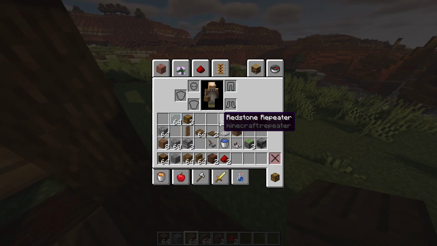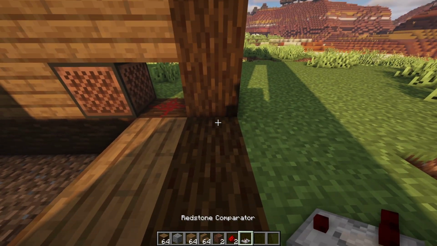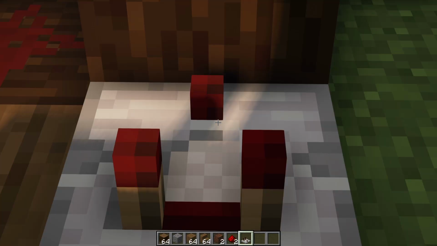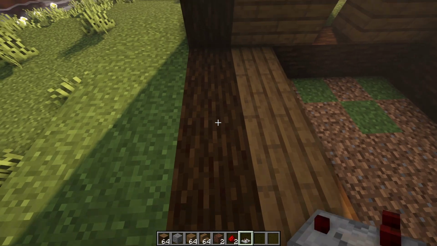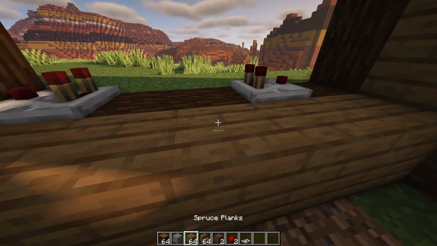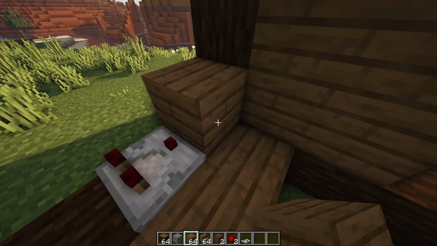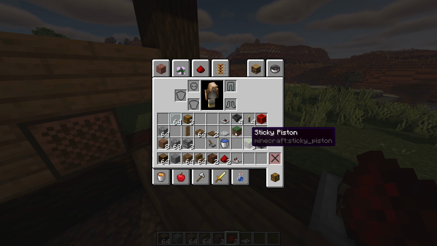Now this next part is pretty important. You're going to grab your redstone comparators, and you're going to be placing a redstone comparator here. Make sure that it's facing the wall. Make sure the 1 torch is facing the wall. And then place another one right here, facing the opposite way, so it looks like this. Once you're all set, you're going to place a block here, redstone here, and then you are going to grab your